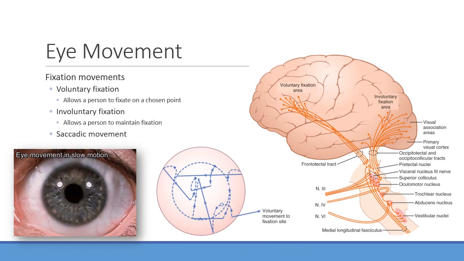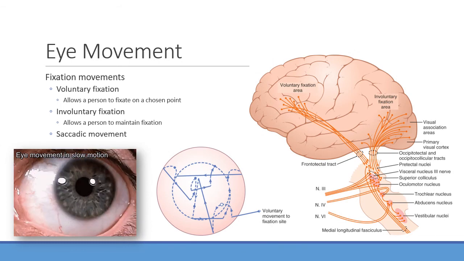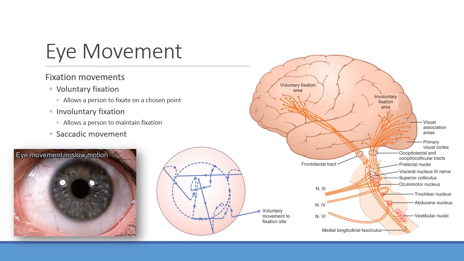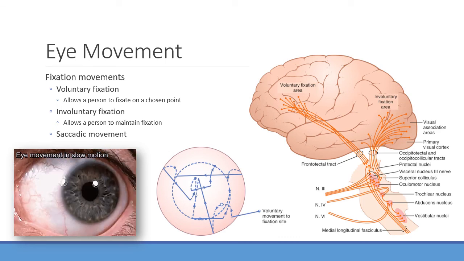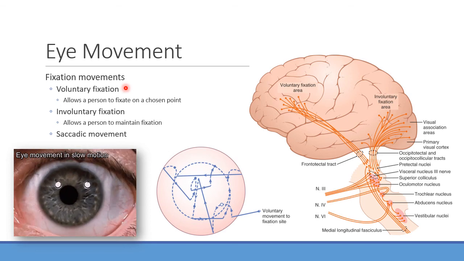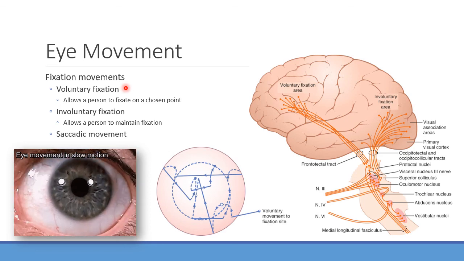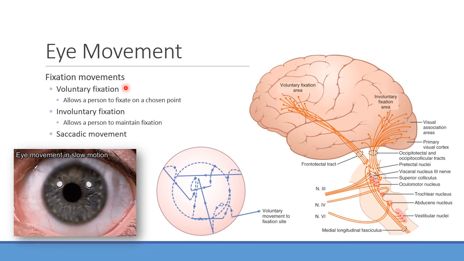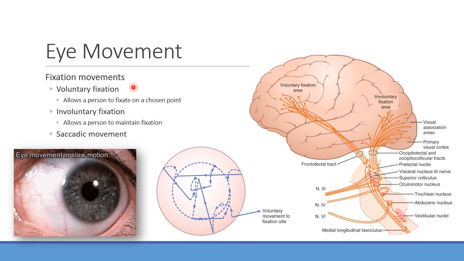All right, so looking at actual eye movement itself, how do we utilize all those muscles and all the innervation to look at something? How do we focus on something? It's called fixation, when you're deciding to fixate on something. Some of you may be fixating on me. Most are probably looking at some website, I imagine. Who knows? I'm going to assume it's just me you're fixating on.